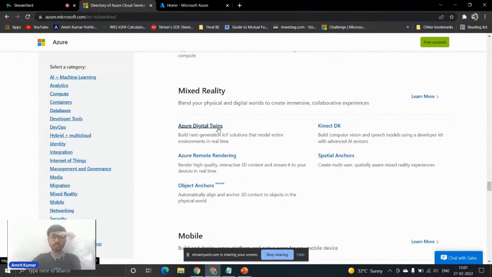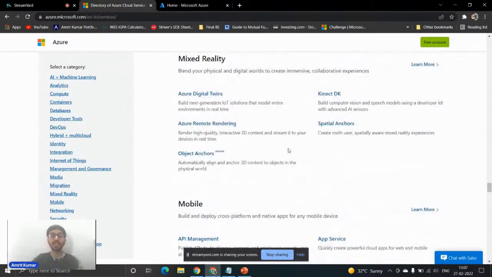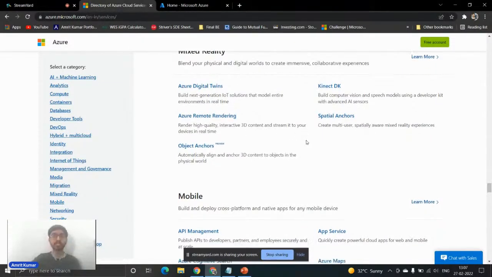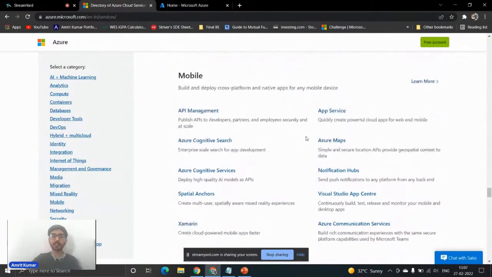You can build your next generation IoT solutions that involve entire mixed reality or AR environments in real time. So Azure provides such rendering and high technology in its services. For mobile also, Azure provides a lot of services.